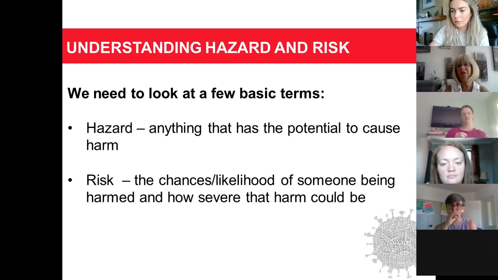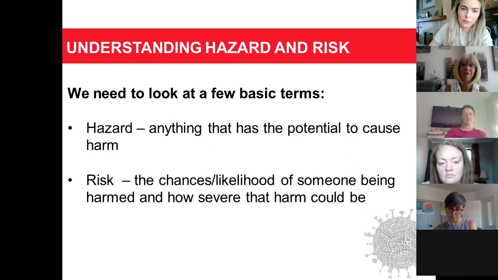And when we look at risk, we look at if they were to be harmed, then how severe would that harm be? So relating hazard and risk to COVID-19, COVID-19 is actually considered high risk because the hazard, obviously the virus, the virus is the hazard. The risk is high that someone could contract that virus. It's very, very likely with what we know about COVID-19 that there's a very, very high likelihood that someone could